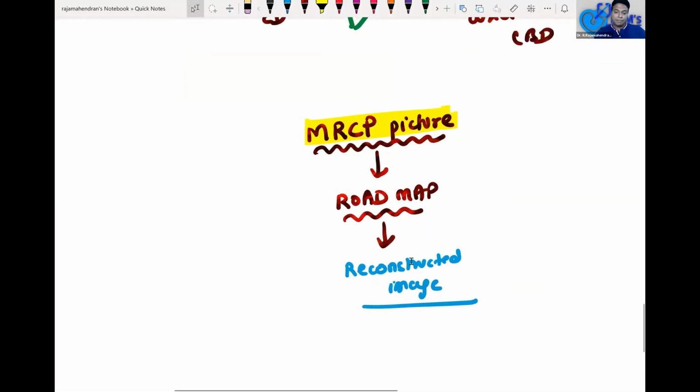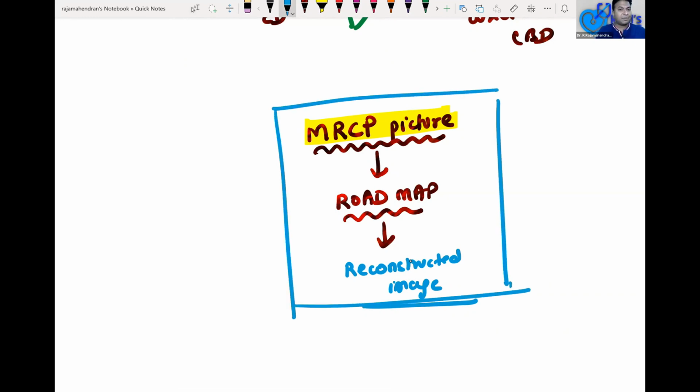So I will tell you, MRCP should be made a protocol before doing laparoscopic cholecystectomy. Just a simple expenditure, but definitely it is going to save the life of the surgeon, not the patient. It is going to save the life of the surgeon. So I started taking MRCP for all patients before doing a laparoscopic cholecystectomy. In fact, I will even reduce my fees if the patient comes with the MRCP picture. So MRCP is going to save the life of the patient as well as the surgeon. So please advise MRCP before going for a laparoscopic simple cholecystectomy.